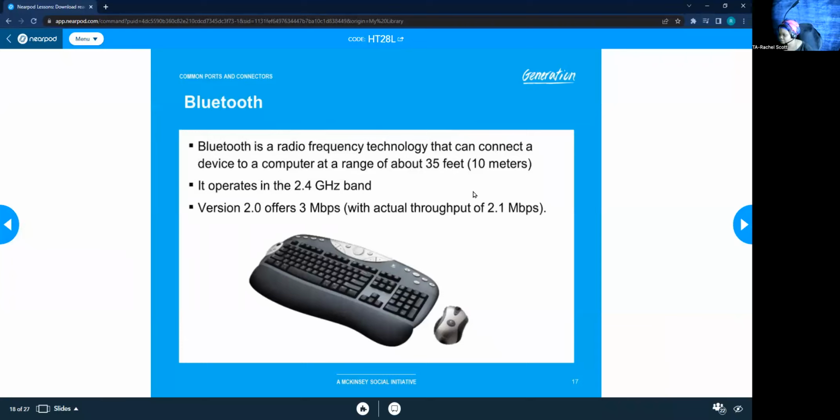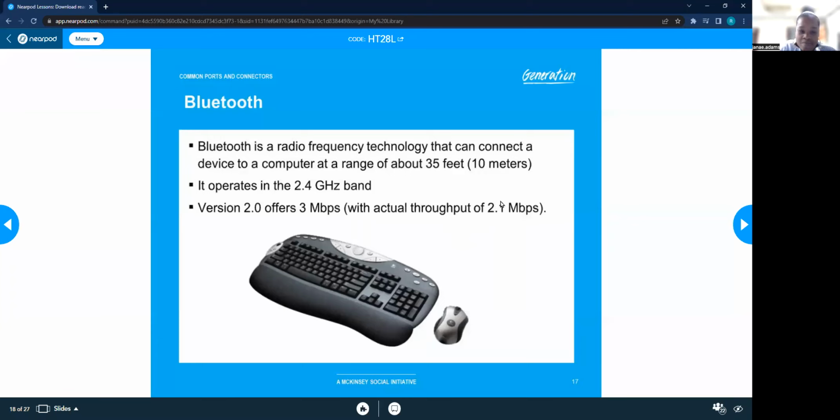Can you read that for me? Bluetooth is a radio frequency technology that can connect a device to a computer at a range of about 35 feet, which is 10 meters. It operates in the 2.4 gigahertz band. Version 2.0 offers 3